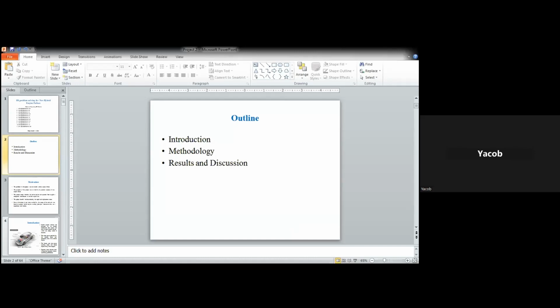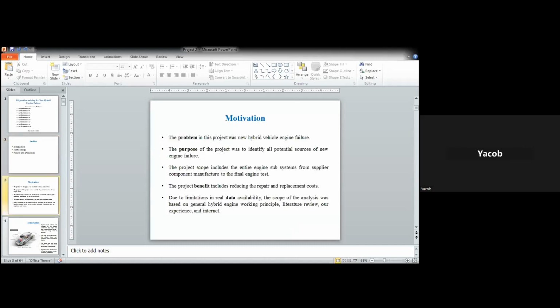So the outline of the presentation: an introduction part, a methodology part, and a results and discussion part. The motivation of this project is the problem of new hybrid engine failure. The purpose is to identify all potential sources of